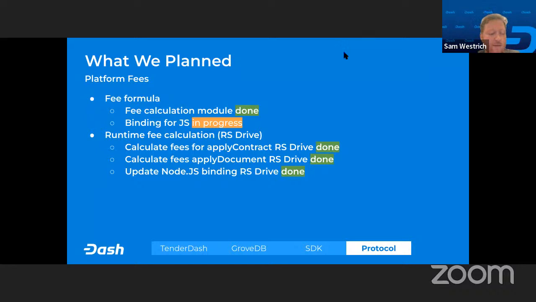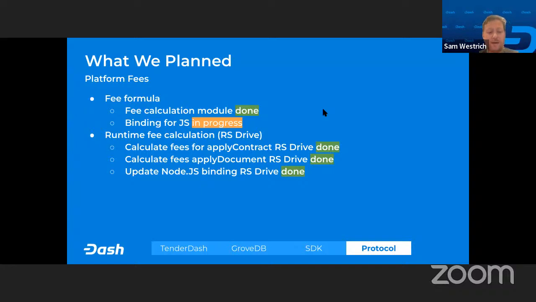So if you think of it this way, you create your data contract, and in your data contract, there's a worst case scenario for anything that you might submit to platform. And you have to have the worst case scenario worth of fees in your account before the transaction is relayed.